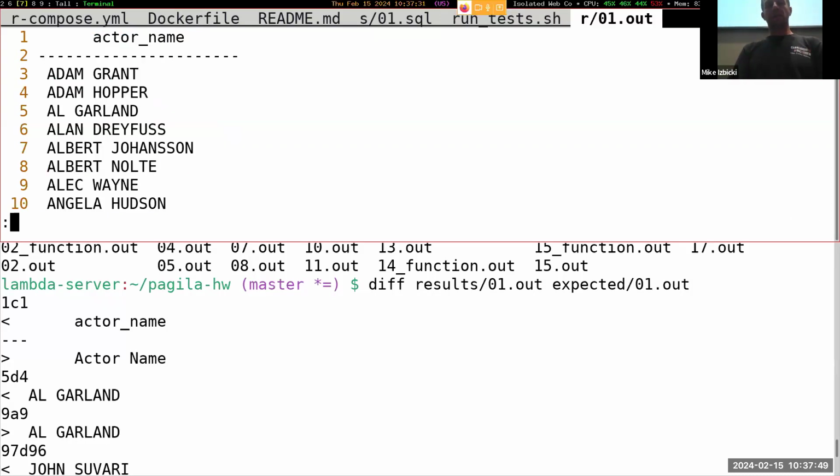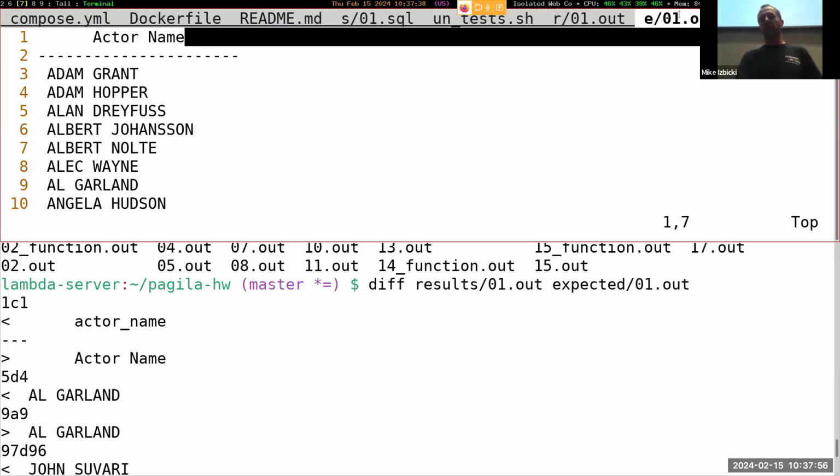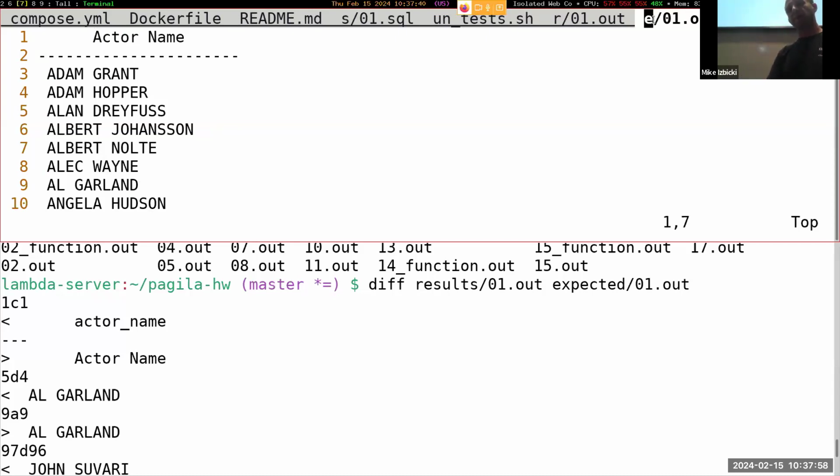Press GT, tab, E, expected 01.out. And so this one over here is my expected output. I know it's expected because it shows me the first letter of the folder right here, E. This one over here is my results output. I know it's results because it shows me the first letter, which is R. And I'm just going to press Shift-G, kind of manually go back and forth to see what the differences are